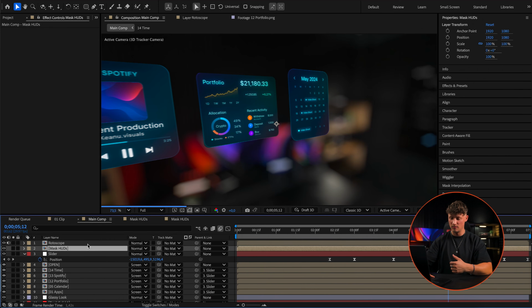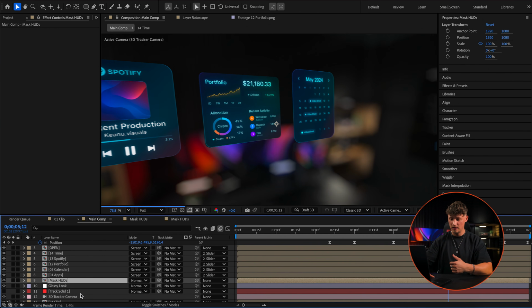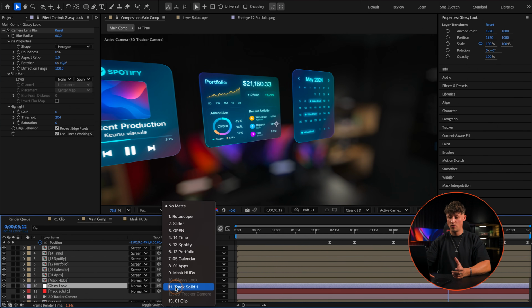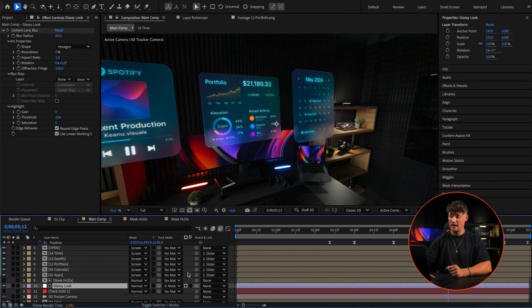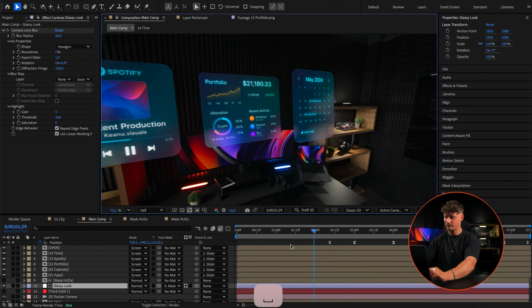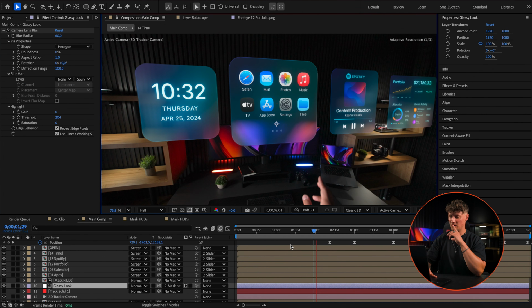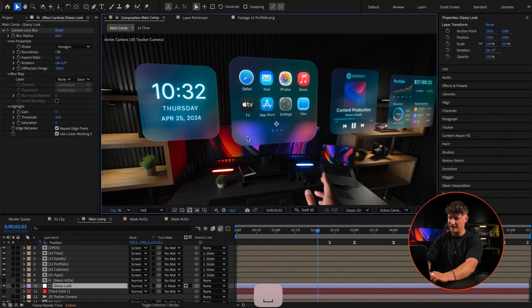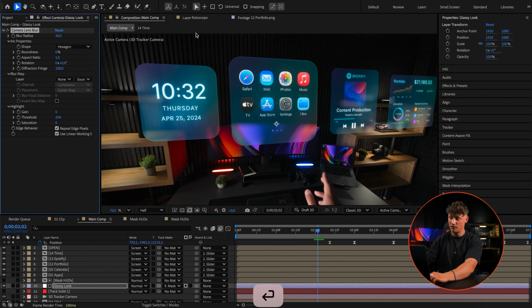So let's jump back into the main comp, drag this down, and for our adjustment layer with the blur on, we're gonna select the masked HUDs, the new one we created. And yes, just like that, it worked. Awesome. And now let's go to half resolution so we can actually see what is going on. And now you can see here, that looks really cool, right? And now you can play around with the blurriness. You can set it lower, let's say 30, so it's not that blurred, or you can crank it up to 100, but it's definitely gonna render longer.